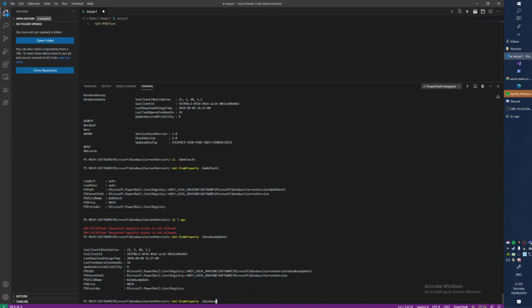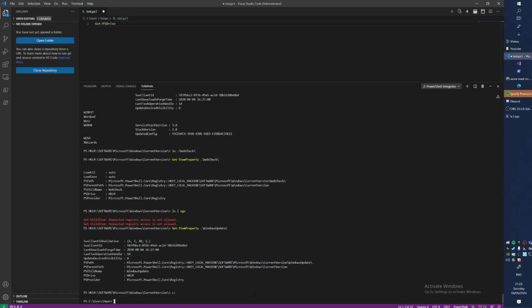Let's see. So that was the registry. You can imagine that works for everything. And I think you can also do a set-itemproperty. You see, and then you can do a path, a name, a value, and you can do pass through. So that's how to set, and I think with new-item you can even set new keys and such. So we're going to go back to the C drive for now, and do get-psdrive again,